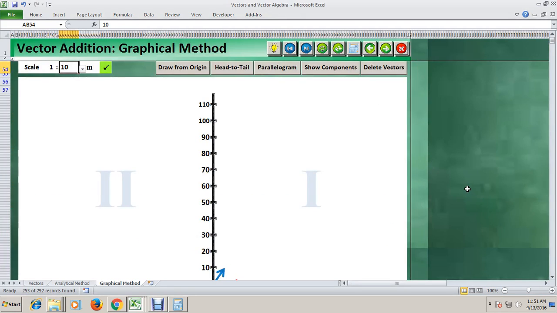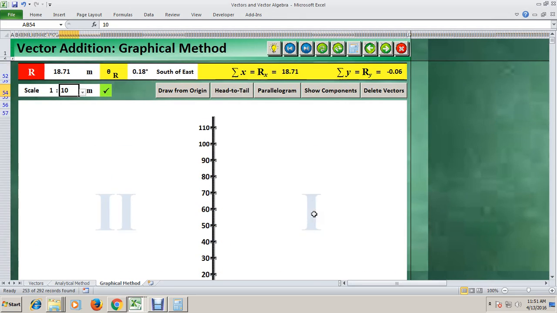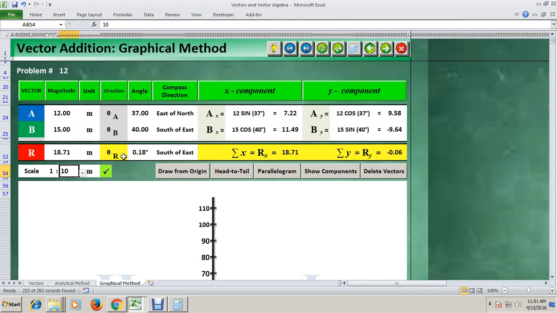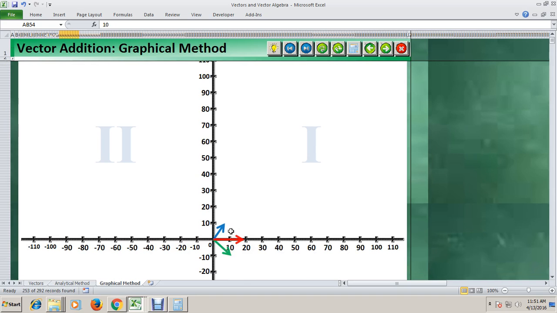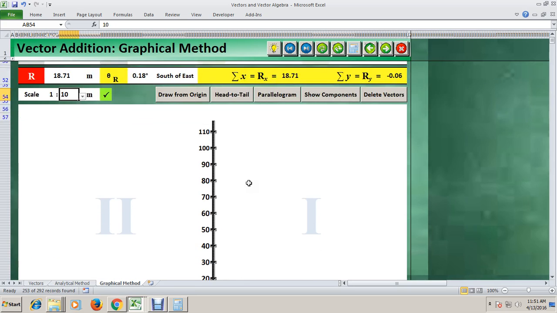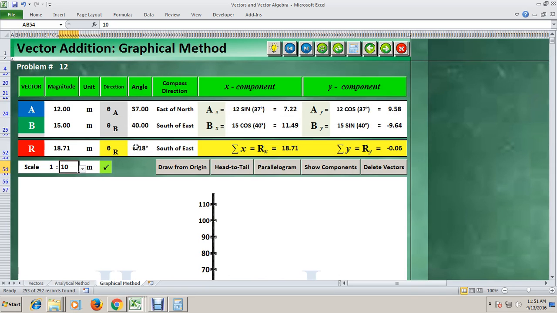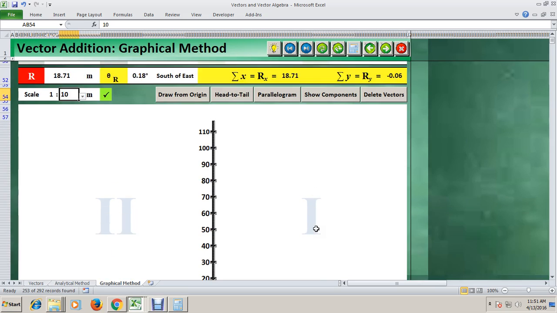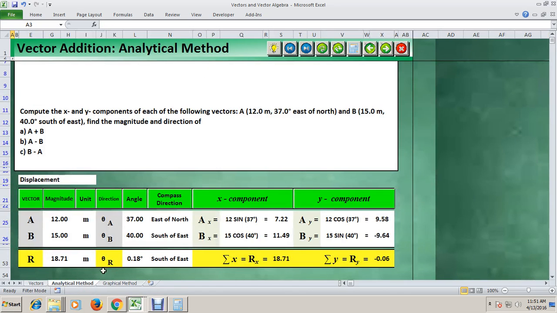But if you're going to do this manually using your own drawings, you should be able to compute it. Try to notice that the vector arrow is very close to the x-axis because the resulting angle is almost 0.18 degrees. Okay, but the point here is, if we're going to compute for each of these, letter A, letter B, letter C,